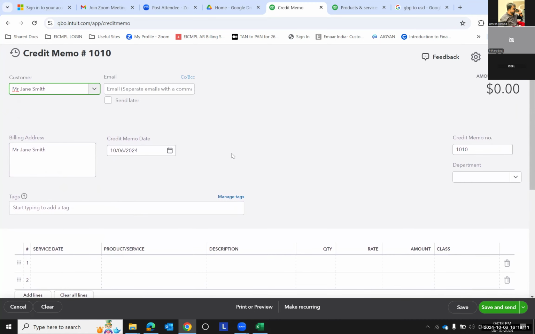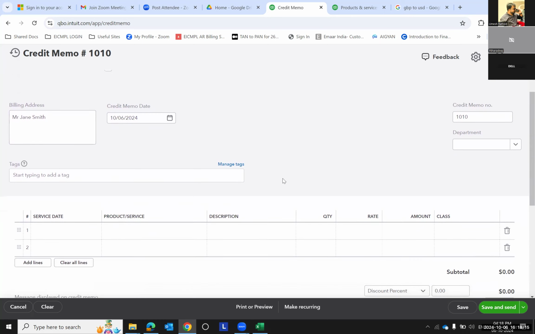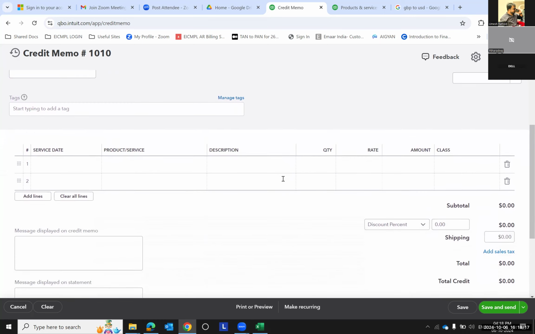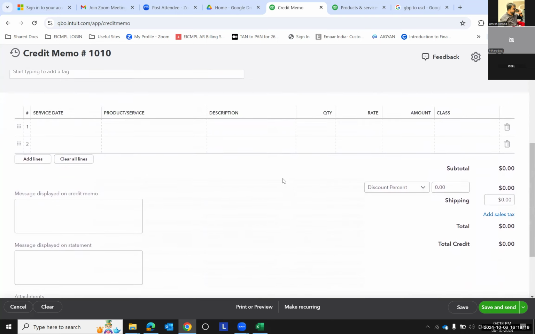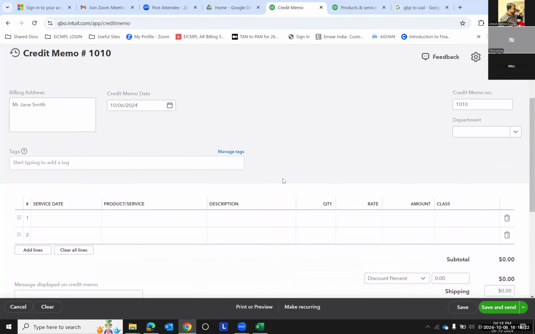पर इसमें मुझे इनवॉइस नंबर टैग करना पड़ेगा ना, किस इनवॉइस के अगेंस्ट ये है। नॉट नाउ, वी विल डू इट लेटर, डोंट वरी, वो हम करेंगे। तो अभी मेरे को क्या करना है इसमें? जस्ट आपको क्रेडिट नोट रिकॉर्ड करनी है। एज ऑफ नाउ वी आर डूइंग बुक कीपिंग ओनली। हमें जस्ट क्रेडिट नोट बुकिंग करनी है।